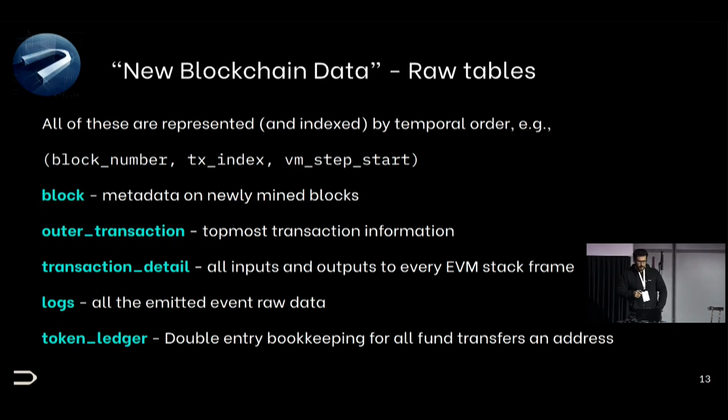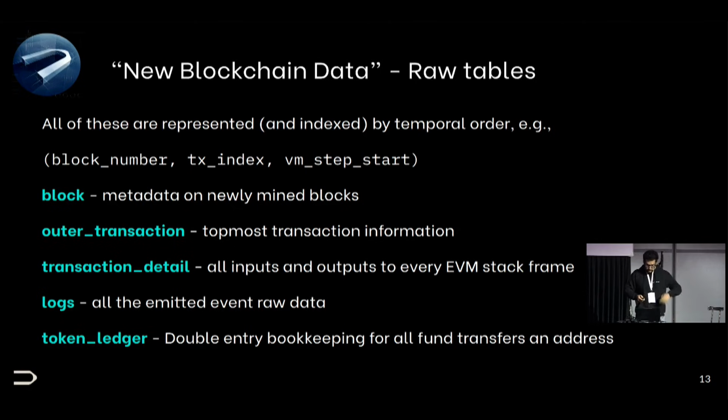So for instance, if we take transaction detail, this will contain definitely the VM step start, because transaction detail contains all the EVM frames, whereas outer transaction, for instance, contains one entry per every single transaction. Logs, for instance, contains all the events, and within that event, you can also know which frame you are in. Okay, so you can then do things such as join your event with transaction detail to also reason about the call data that was passed